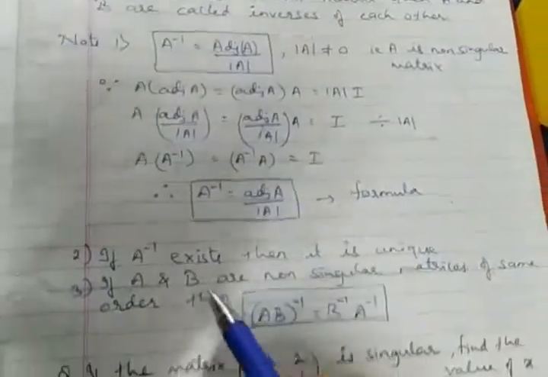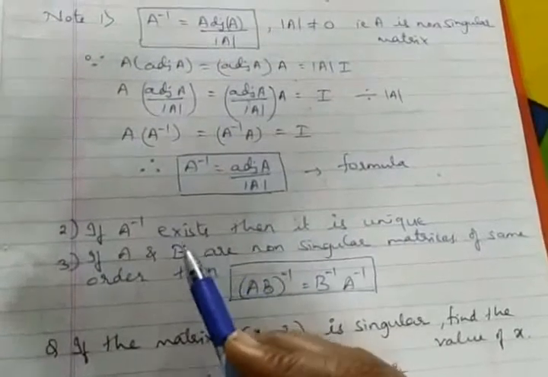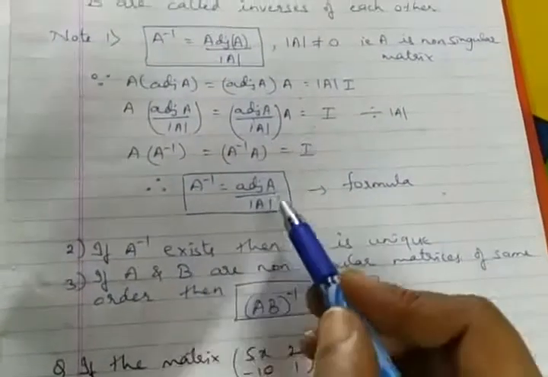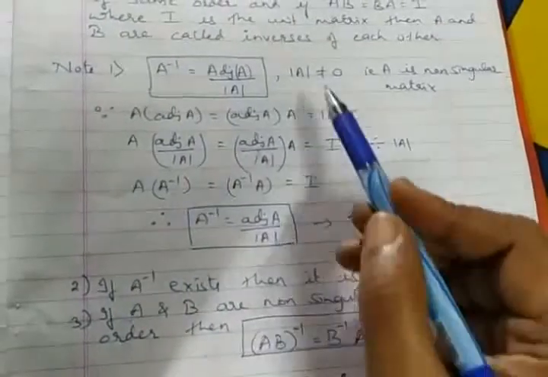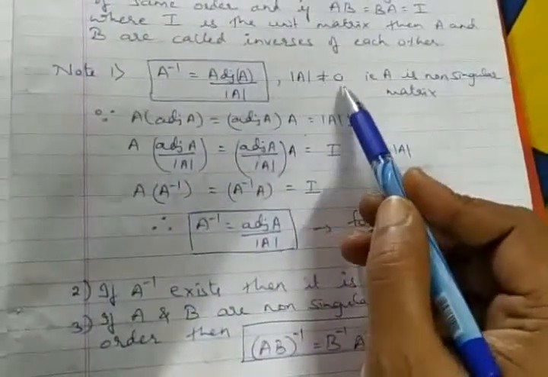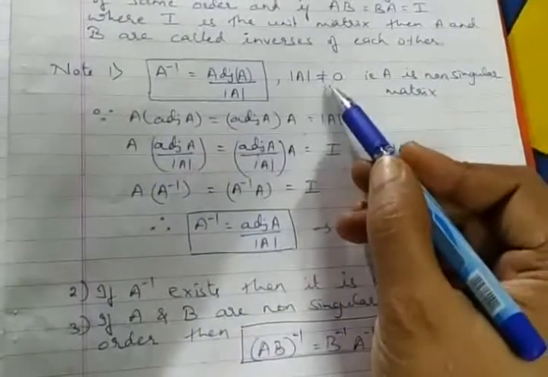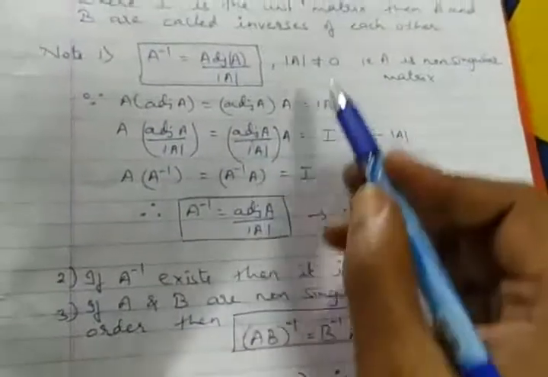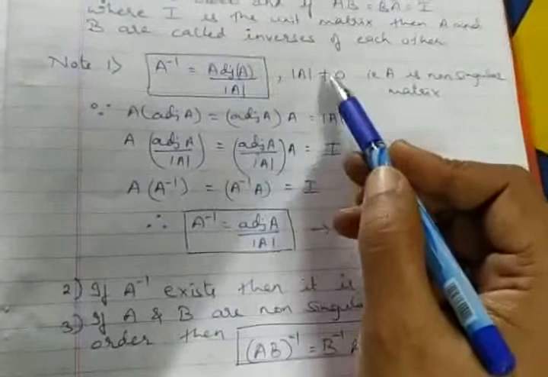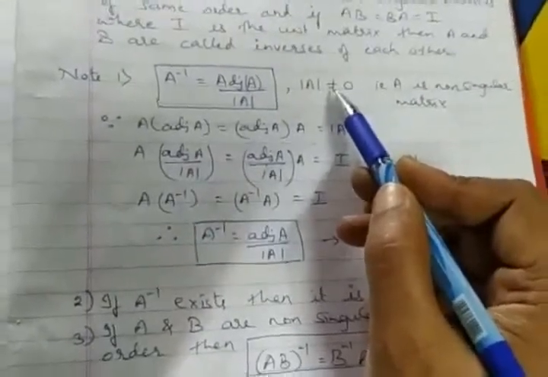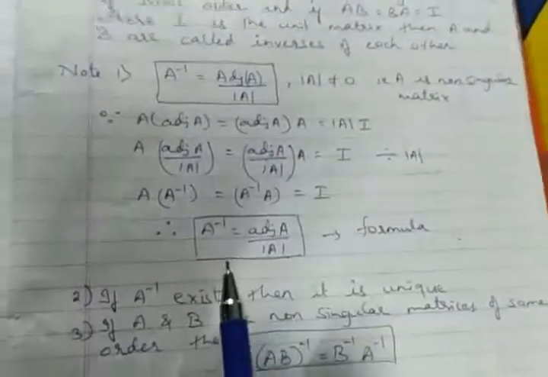Alright? So, note number 2, remember, if A inverse exists. While speaking about this condition, let me highlight once again. Look, when writing the condition, it is compulsory that the determinant value should not be 0, because the denominator should not be 0. That's why I put a condition here. Got it? So if suddenly 0 comes, what next? If the determinant value is 0, you stop at the first step and say that A inverse does not exist.